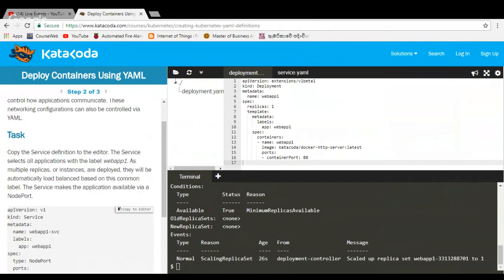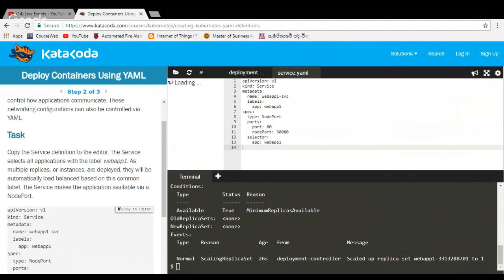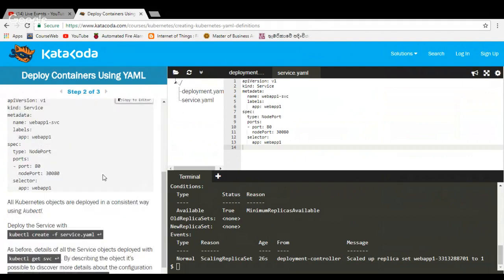The service selects all applications with the label web app1. As there are multiple application pods, the traffic will be load balanced based on this common label. The service makes the application available via node port. All Kubernetes objects are deployed in a consistent way using kubectl to deploy the service with